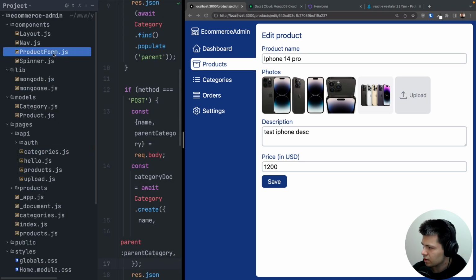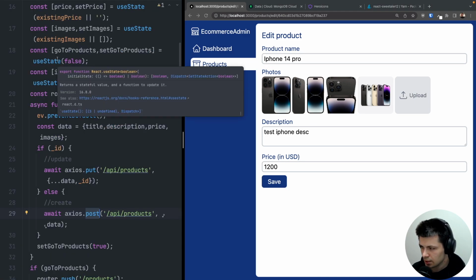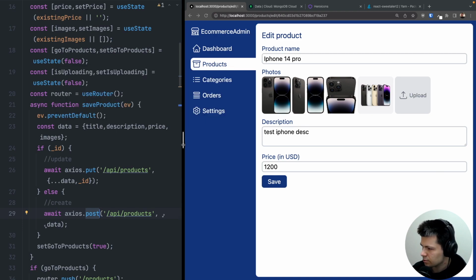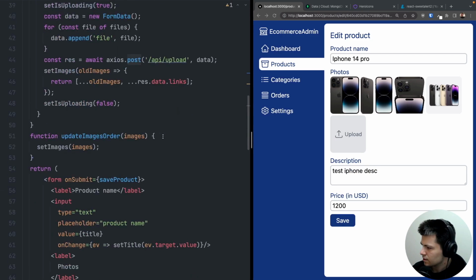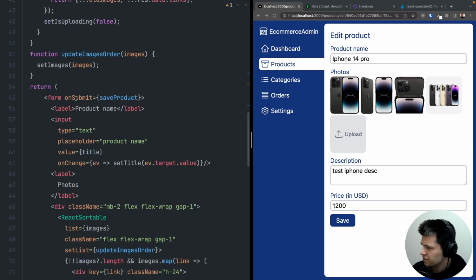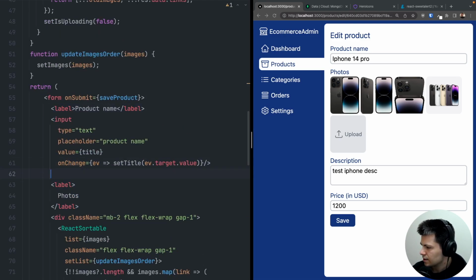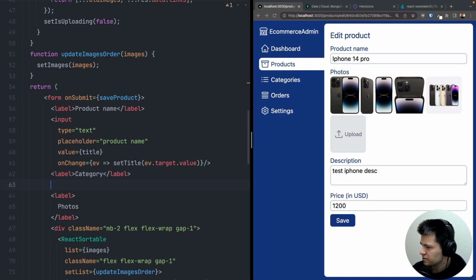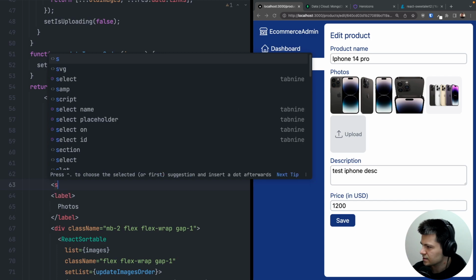So let's go to our product form, and let's see, I will make it a little bigger. And let's see, here we have photos, here we have product name. We need also a label and a select for category. So let's do label here, and it will just say category, and underneath we need to have a select,